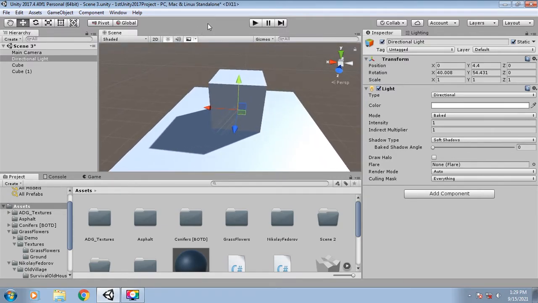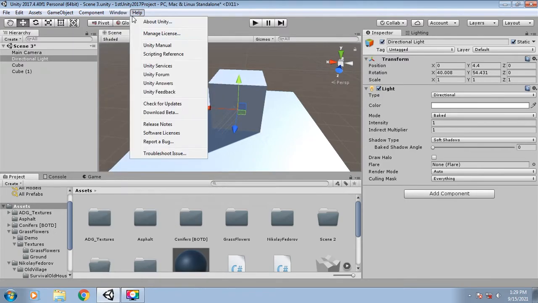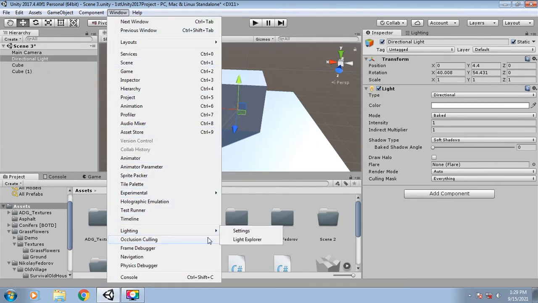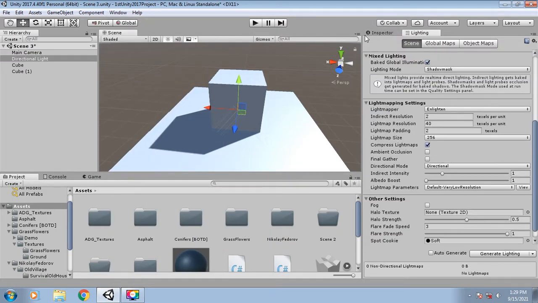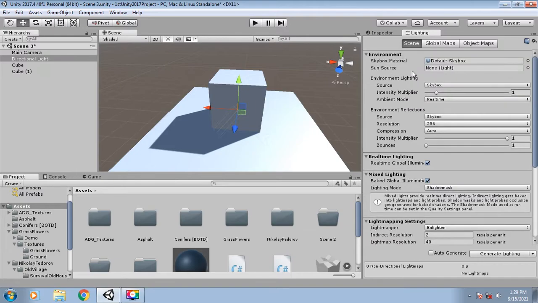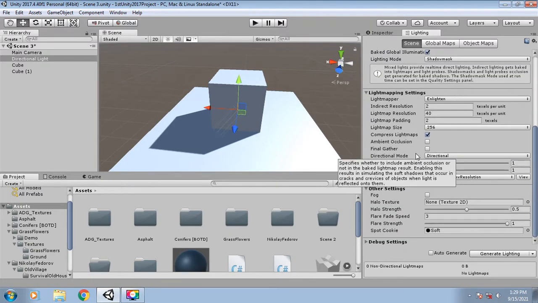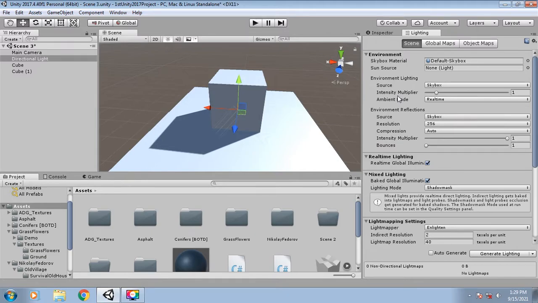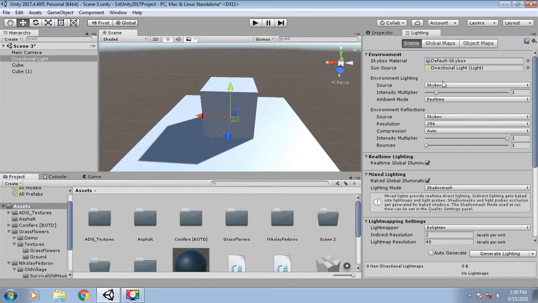But now the scene is not baked yet, though the settings are okay. Now we have to go to our lighting settings. To do that, select Window, then Lighting, then Settings. I have it attached here, and as you can see, there are lots of settings which you can adjust to get more customized baking, but for now we are going to keep everything at default and just change some of them. For example, we will be assigning our directional light as the sun source. Remember, when you are working with an outside scene like this one, use the sun source. If it's an indoor scene, then don't use the sun source.